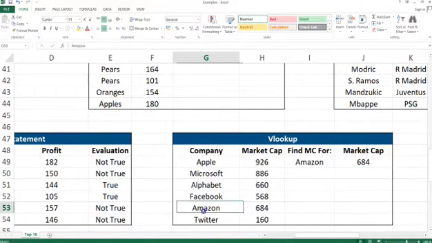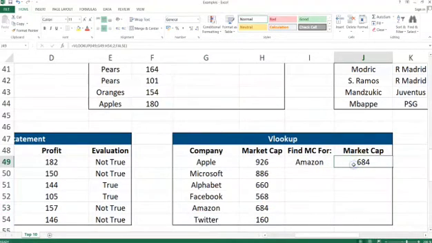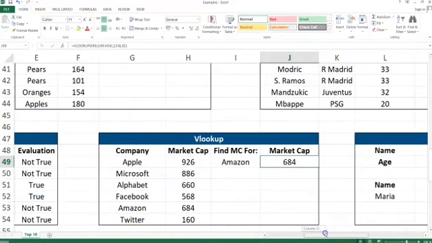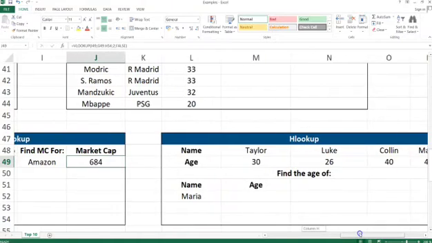As you can see, Amazon's market value here is $684 billion, and this is what we get using the Vlookup formula, which is correct. And now the example for the Hlookup